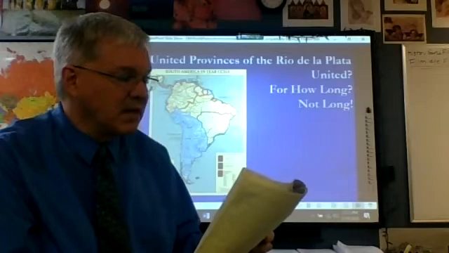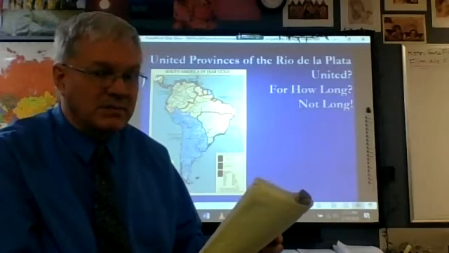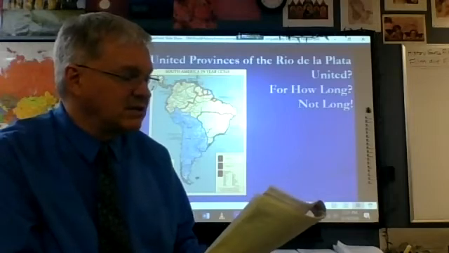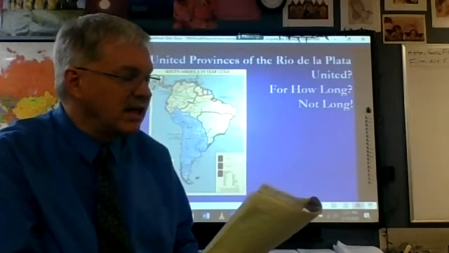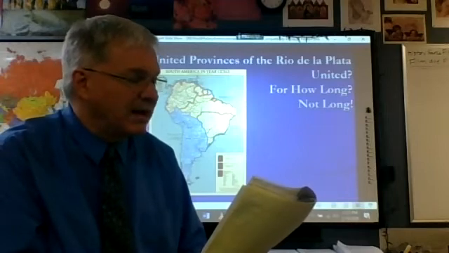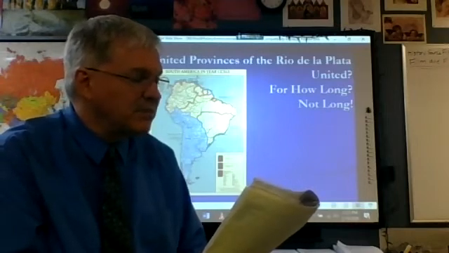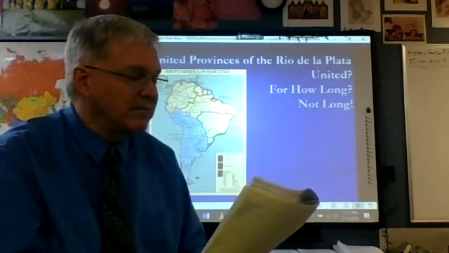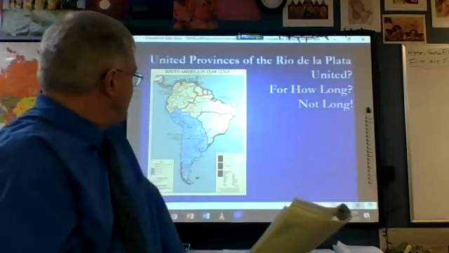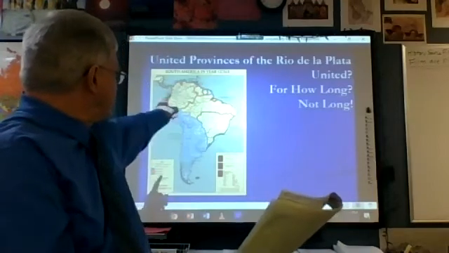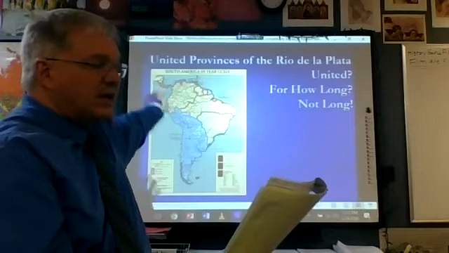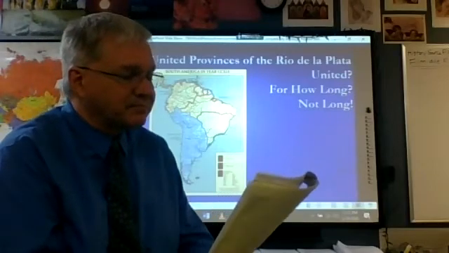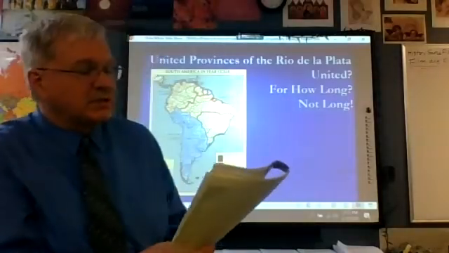Not too good. Let's see how things are going to work out now for San Martin's forces as he heads back over across the Andes into what is now predominantly Argentina. He's going to have multiple battles and so forth. The big battle that kind of wraps it all up there is the Battle of Ayacucho in 1824. Ayacucho is actually located in the Peruvian region. So you've got sort of that northern area of the Rio de la Plata. And they're going to defeat the forces of